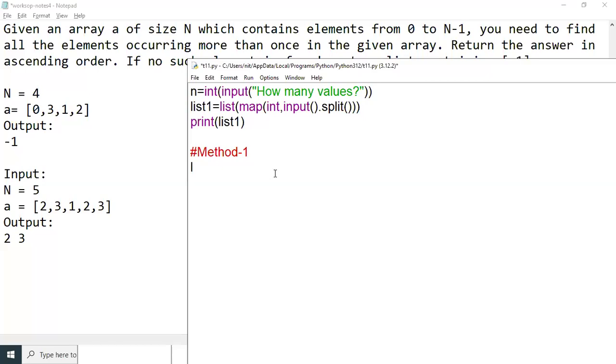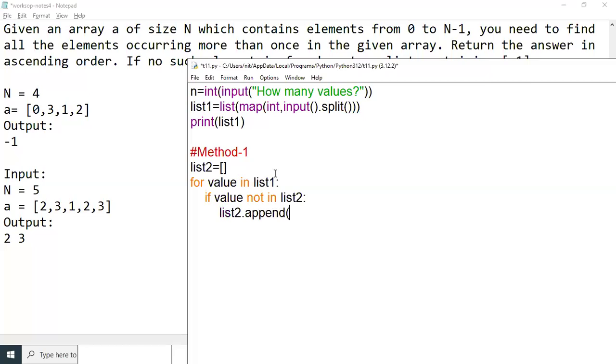I create another list, list 2, and each time I read one value from list 1 and say, if value not in list 2,